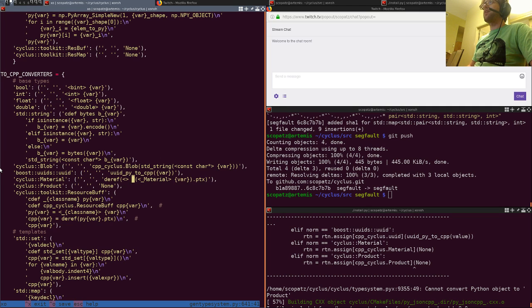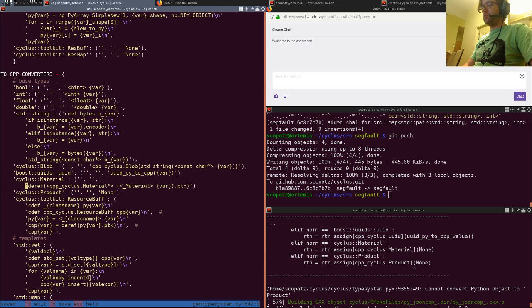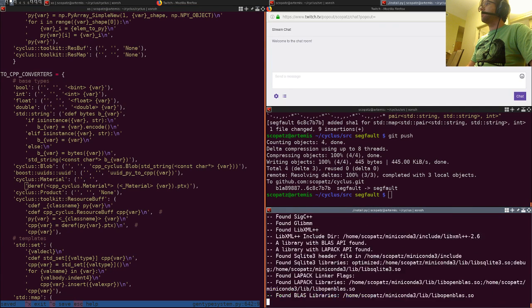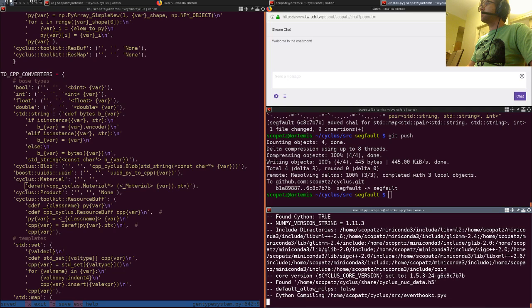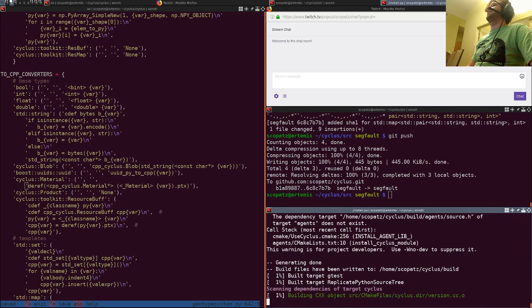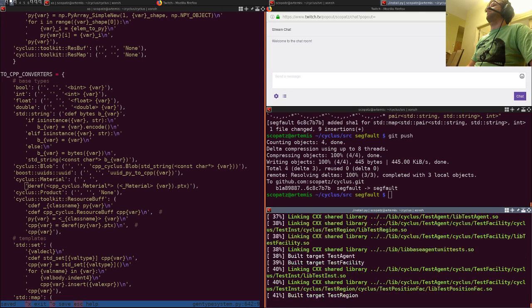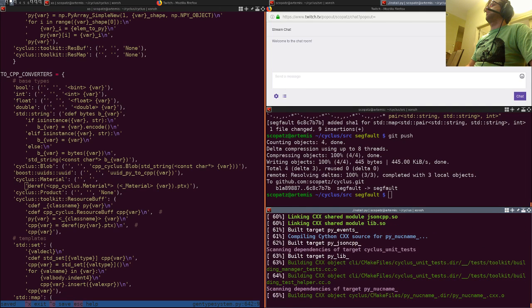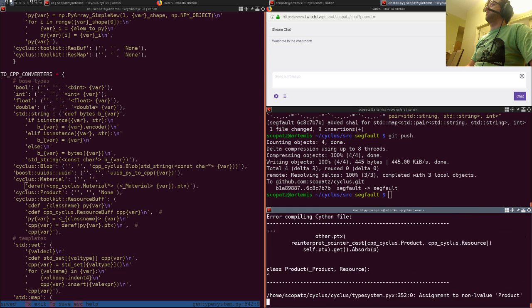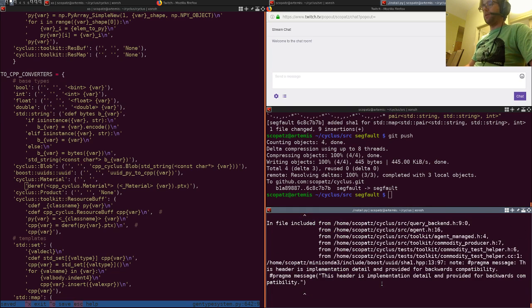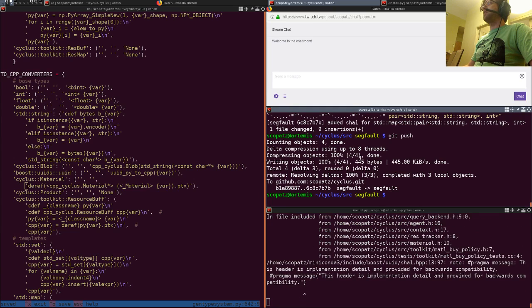And so then we want to cast that as a CPP Cyclus dot material pointer. No one said this would make you happy. We're expecting it to fail on product, but let's